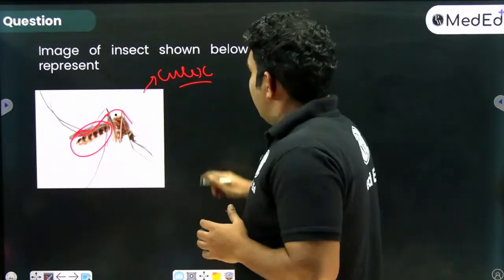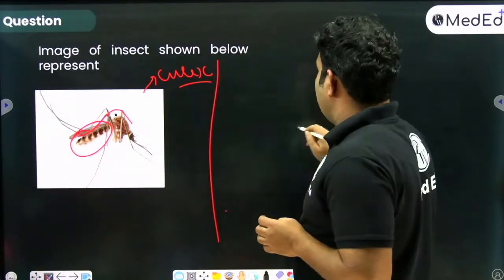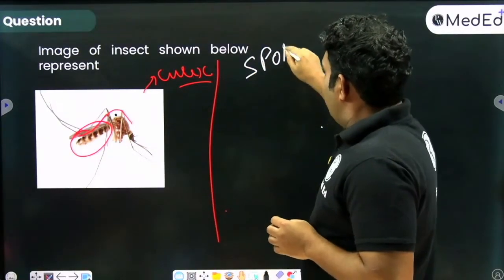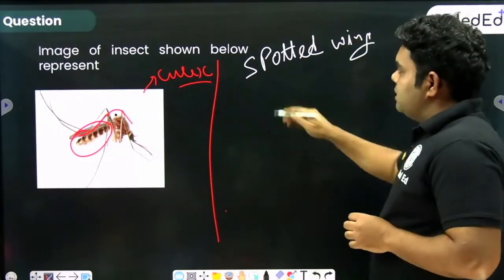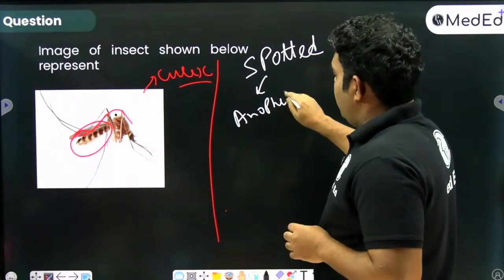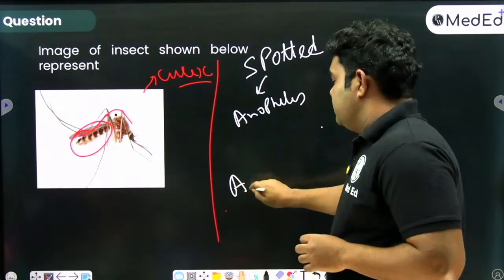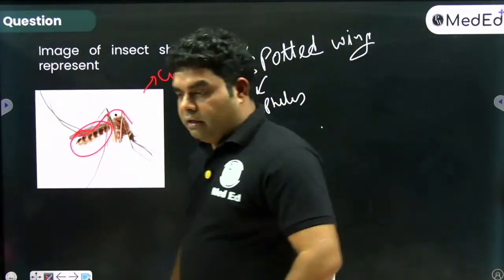अब दूसरा पॉइंट वो ये पूछते हैं कि किस मॉस्क्यूटो का होता है स्पॉटेड विंग। अगर आप आंसर जानते हो तो बताओ कि स्पॉटेड विंग किसका होगा। क्या ये आंसर है एनोफिलस या इसका आंसर है एडीज? चलो बताओ किसमें होते हैं स्पॉटेड विंग। आई विल बी लुकिंग एट द चैट बॉक्स।